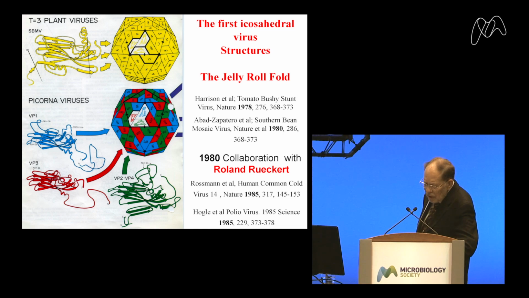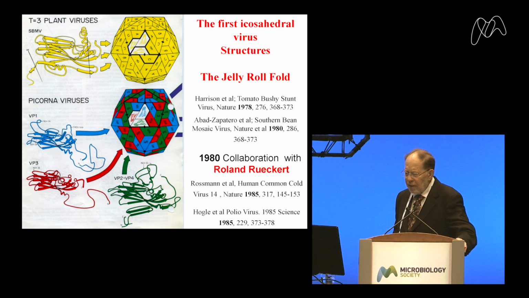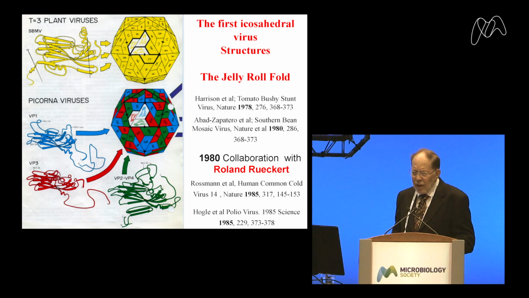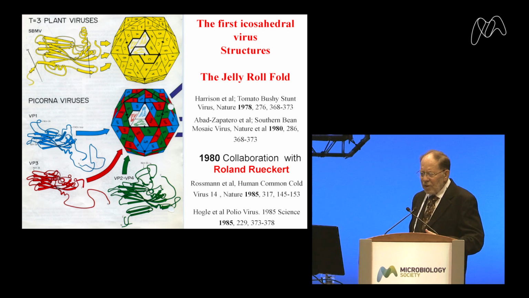And then another 6 or 7 years later, in about 1985, we were able to determine the first animal virus structure, which was a common cold virus. And this is shown in the next picture down here. In this case, the 3 quasi-identical subunits had quite different sequences, but nevertheless had more or less the same fold. So again, as we found in hemoglobin, similar folds are conserved over much longer periods of time than sequence, and this gives you some measure of evolution over long distances of time.